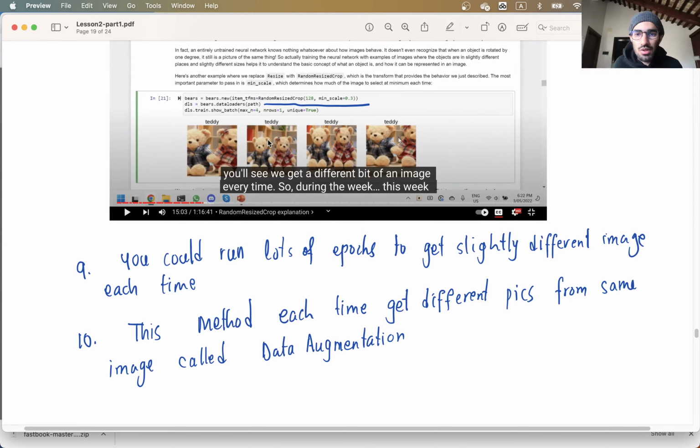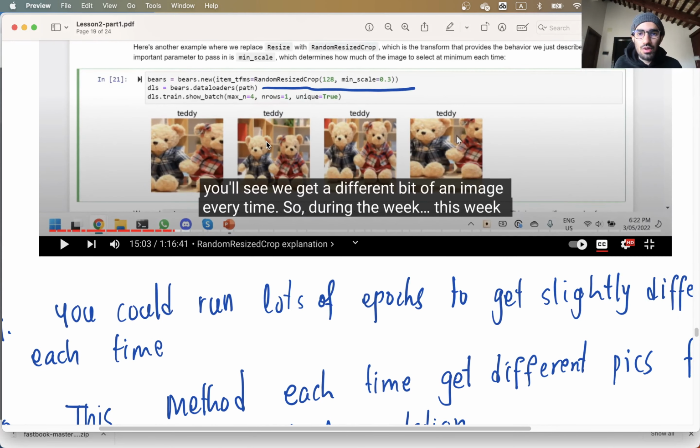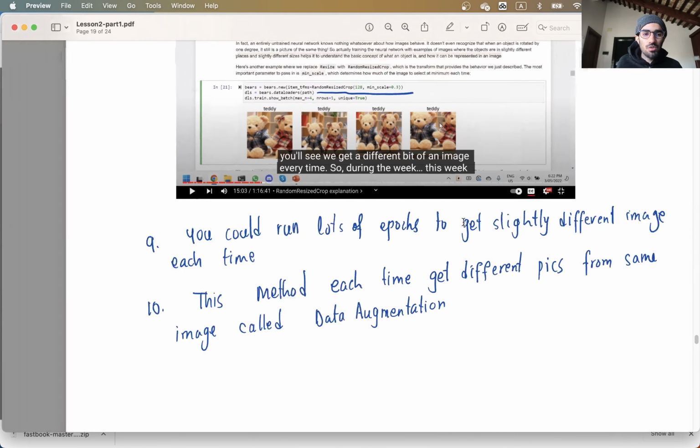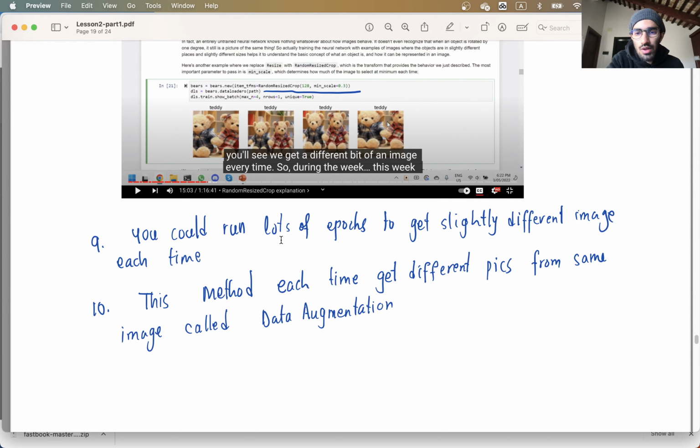This one may be with a different kind of cropping from a different angle. So in this case, we are losing another eye of the bear. A bear should have two eyes, but you can lose features in this case. One suggested thing in this case is, if you are running a lot of epochs, to get slightly